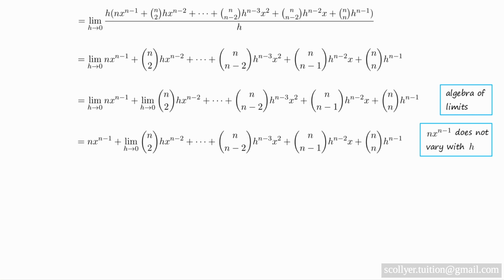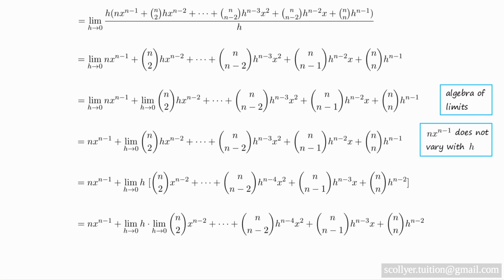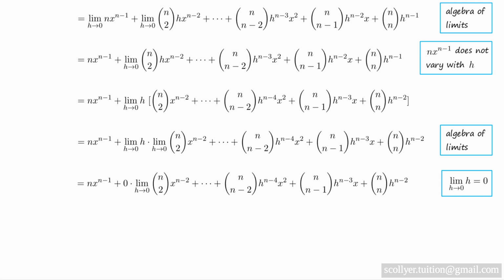And now we note that each of the terms inside the limit expression has a factor of h, which we can factor out to the front as follows, to give us the limit as h tends to 0 of h times other terms, and we split that up to give us nx to the n minus 1 plus the limit as h tends to 0 of h times the limit as h tends to 0 of the other terms, i.e. we have turned the limit of a product into the product of limits, which follows from a result from the algebra of limits. And since the limit as h tends to 0 of h is 0, we obtain nx to